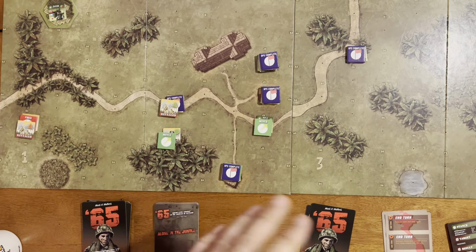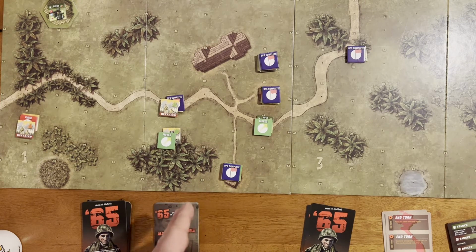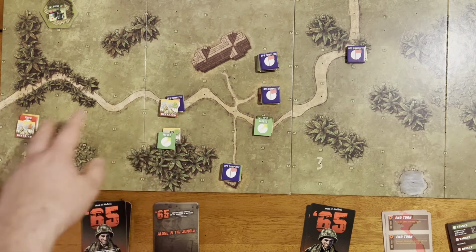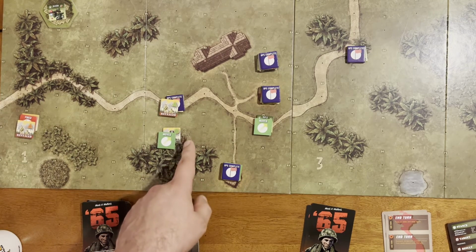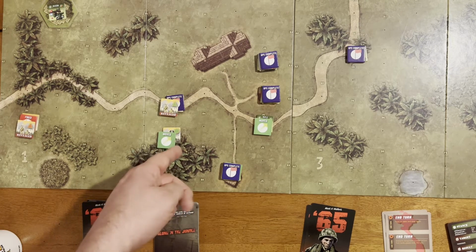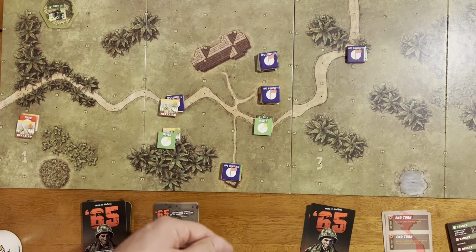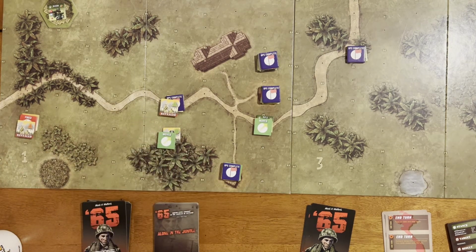I think ultimately that was the end of turn 2, so we still have 6 turns to go. I'm pretty sure the Americans were going to succeed in this mission. The NVA is down to a handful. This is the only unrevealed marker left. If they pulled a 2X, there's another 2X in there, they could maybe get 2 more rifle squads. Or if they pulled an RPD, they would get an RPD and a rifle squad. Or it's just going to be a rifle squad